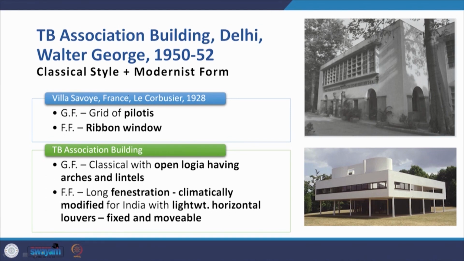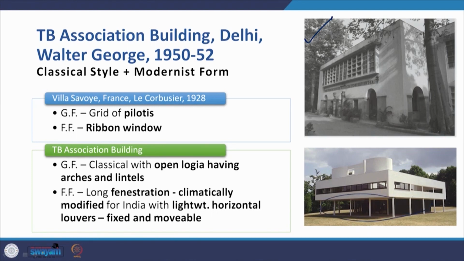The TB Association building in Delhi. Again, Walter George continued to work in India into the 50s, and when you look at this TB Association building, let's try to compare it to the classic symbol of modernism of the time, the 1928 Villa Savoye by Le Corbusier. Now when you look at these two, what you find is that the Villa Savoye is raised on the grid